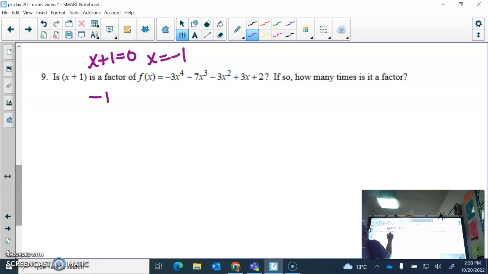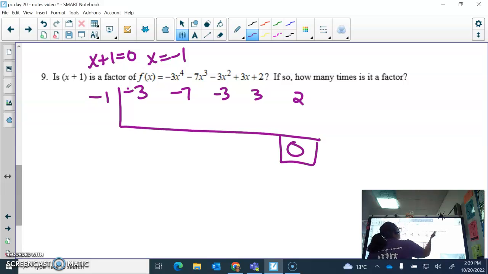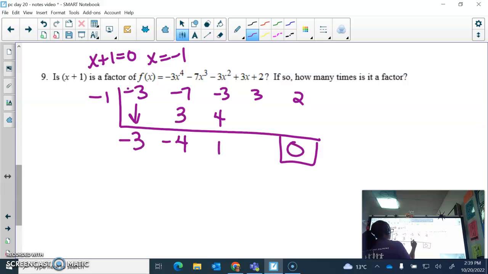That means that I'm dividing by negative 1. I'm looking to see if I have all the powers of x and they're in descending order of exponents. Made that mistake earlier. I have to get a 0 if it is a factor. So I'm going to synthetically divide, and I